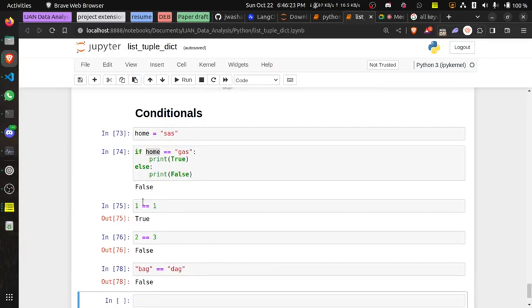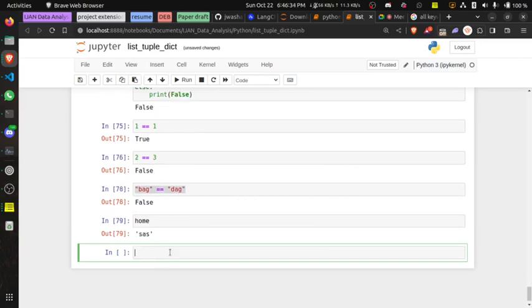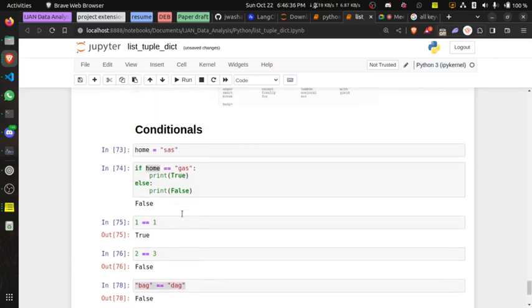So what I did here was ask, is ohm equals to gas? Already I've assigned something to ohm. Let me put something different, broom. So ohm is broom.